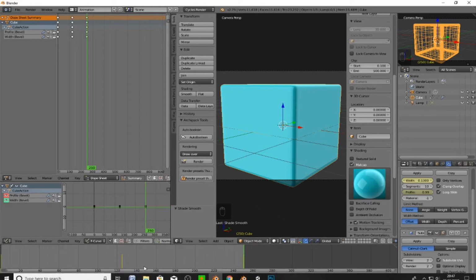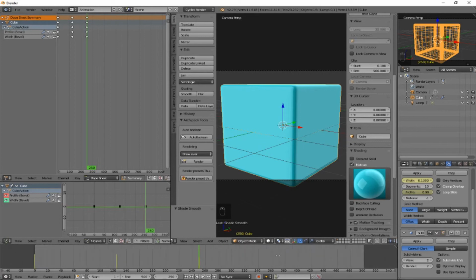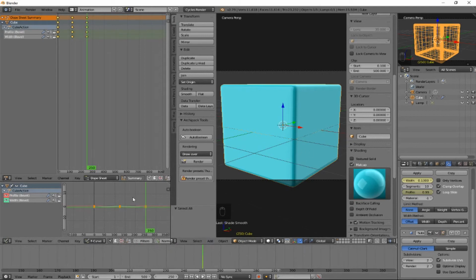If you wanted to double that, you can just do *2, and the computer does the maths for you. It's very handy. So to double it, you just select all, A in the graph editor, and Shift D,